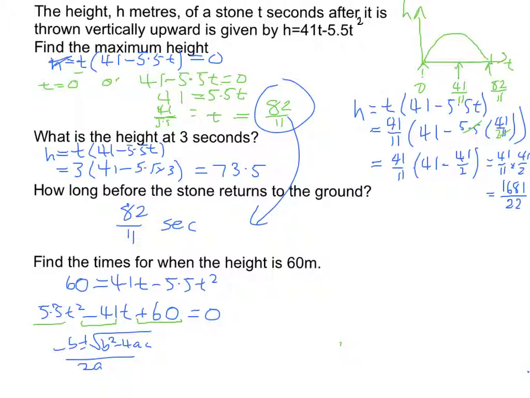So I'll substitute this in over here. t is equal to negative of negative 41 is plus 41, plus or minus the square root of b squared, it will be 41 squared. Take 4 by a is 5.5 times by c, which is 60, all over 2a, 2 times 5.5,